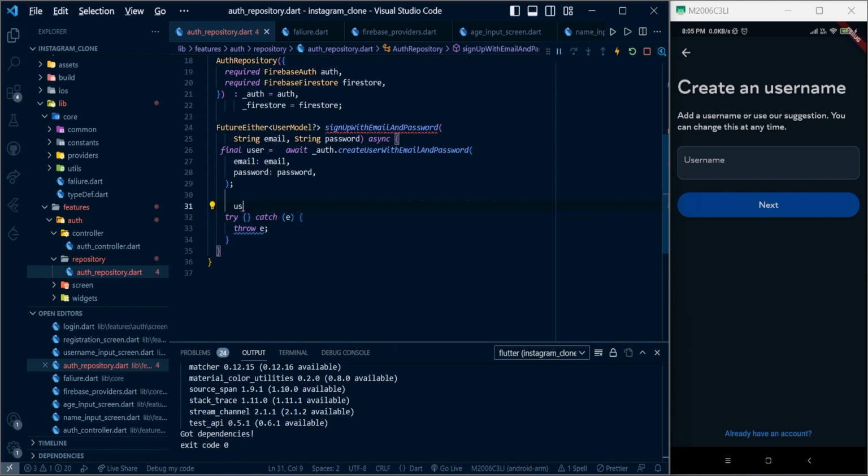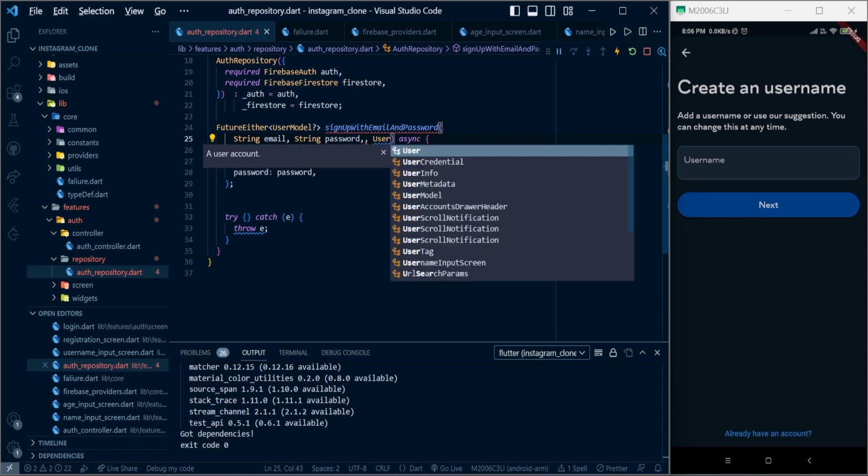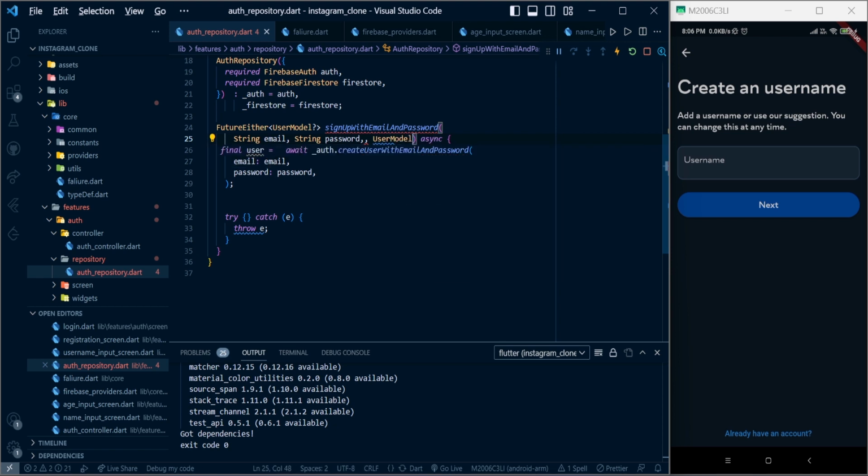Now we need to save the data. So for saving data, let's require the user model as well, because we need that, right? Let's define it as a user model,